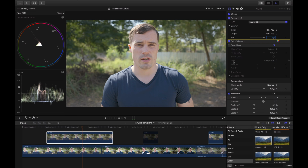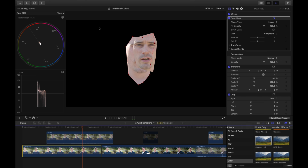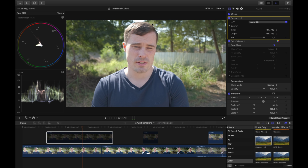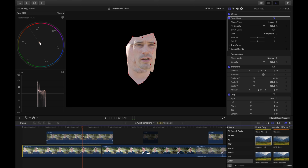Like in the example here, you can see that on the bottom I have the Fuji files, and this is recorded in Eterna here in the first clip. And when we overlay that and switch a bit in between, you can clearly see that the skin tones are not the same, even with the green tones, etc. in the background. That all looks pretty good, but the skin tones clearly are a bit more yellowish on the